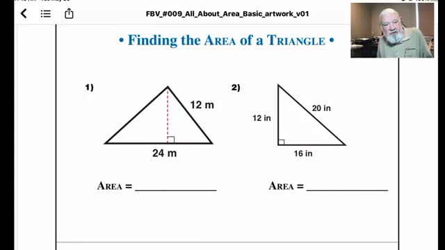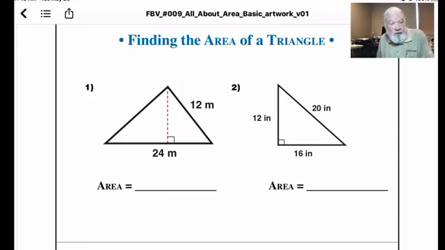In the metric system, it's going to be meters, kilometers, and all the variations of that. And if we're looking at a rectangle, the formula for that is straightforward: base times height. And a triangle, being half of a rectangle, is 1/2 base times height. And when you think of those two things together, it makes it a bit easier to remember in the long run.